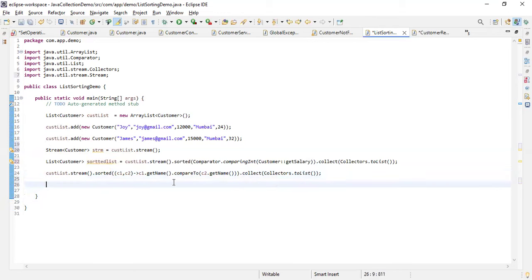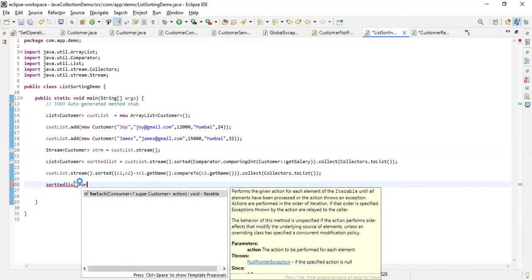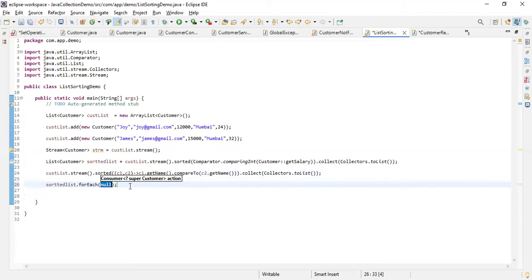Another scenario, if you just wanted to print it, you can print it using the method reference also. You can also print using forEach as well, correct? So this sortedList.forEach, correct? Here you can print first,